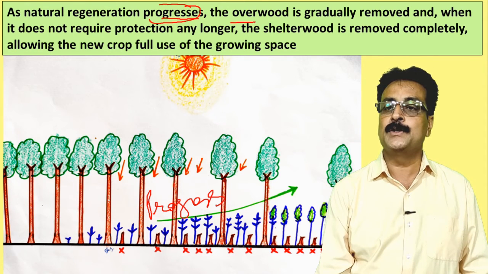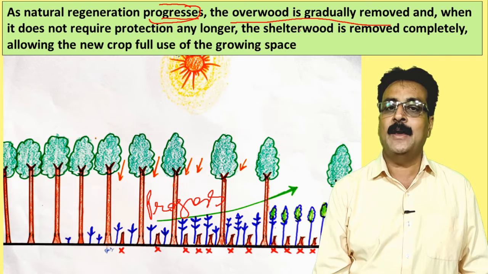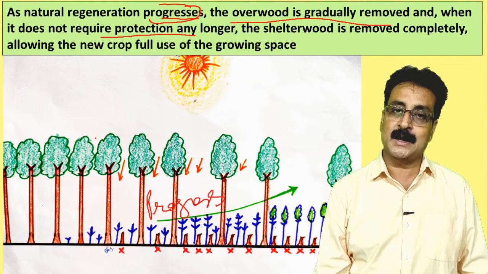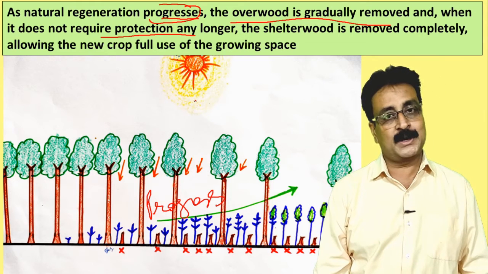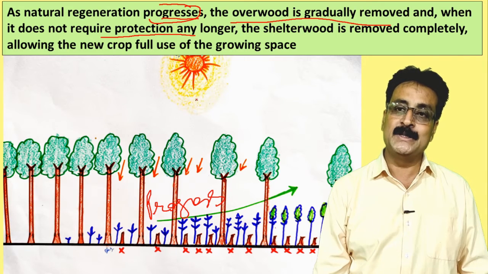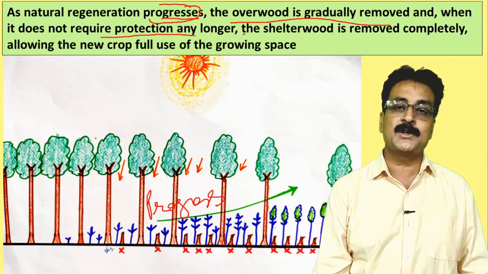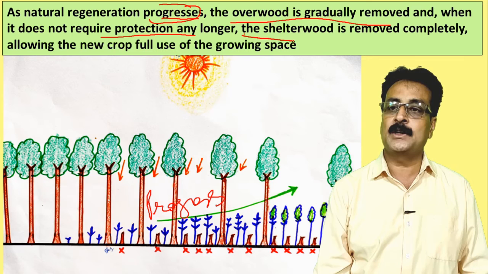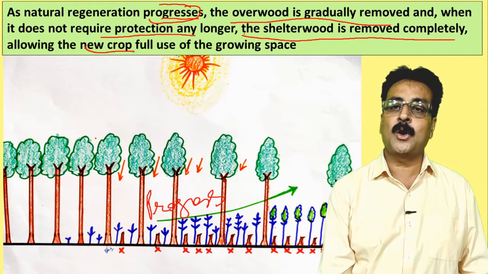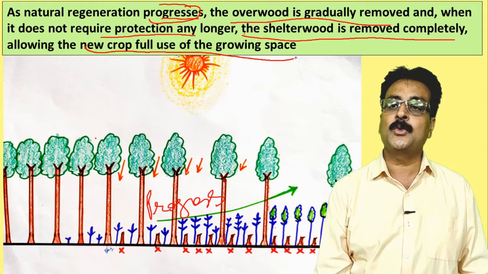The overwood is gradually removed, and when it is no longer required for protection against climatic conditions, such as insulation, frost or warmth or heat, so when the regeneration doesn't require any protection, the shelterwood is removed completely,